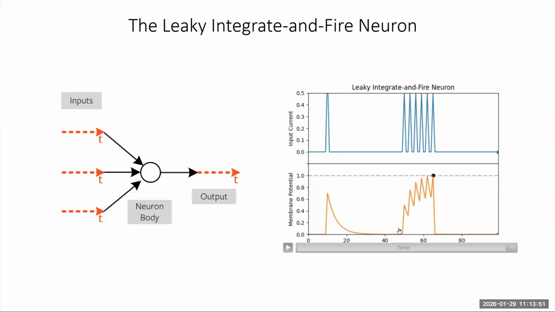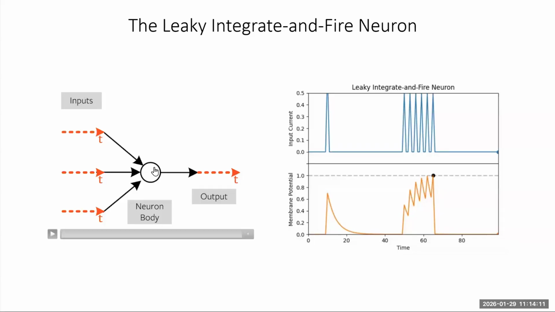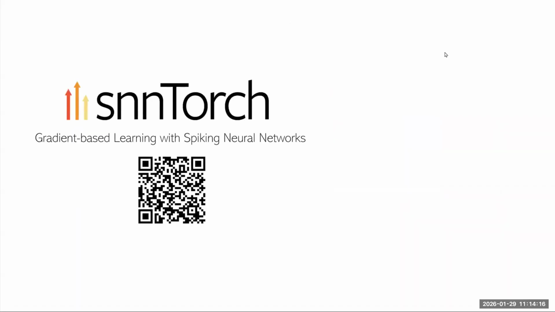What about our integrate? Well, when you have a bunch of spikes, then these membrane potential trajectories are sort of riding on top of themselves, and so that's our integration, right? How about our fire? If I set some arbitrary threshold, mind you, this threshold is dynamic. This is a far more complex system than what I'm making it out to be. But if the membrane potential hits the threshold, then that's when you transmit your one. That's when you run your memory access and so on. So we took that guy, scaled it up. This was my pandemic baby. I developed snnTorch, which is just a thin abstraction layer on top of PyTorch to make training spiking neural nets far easier.